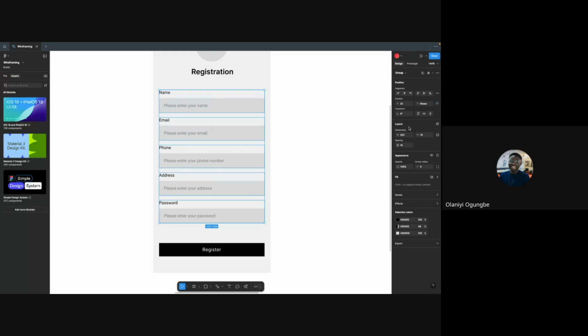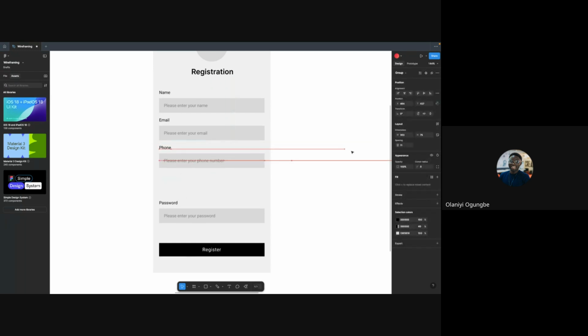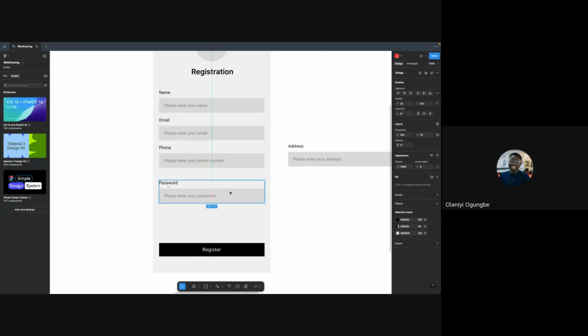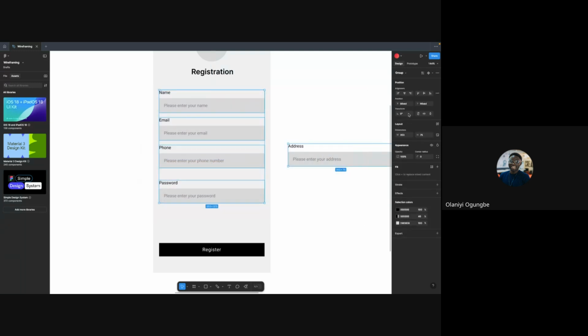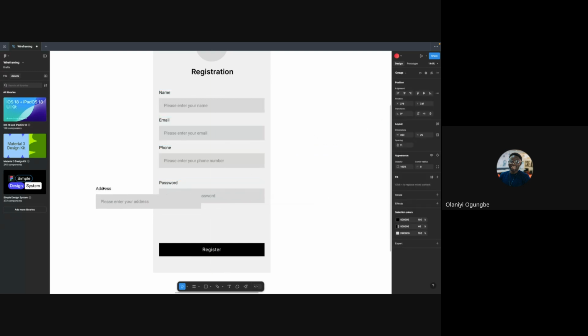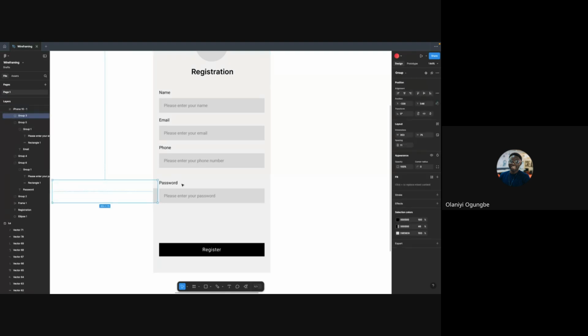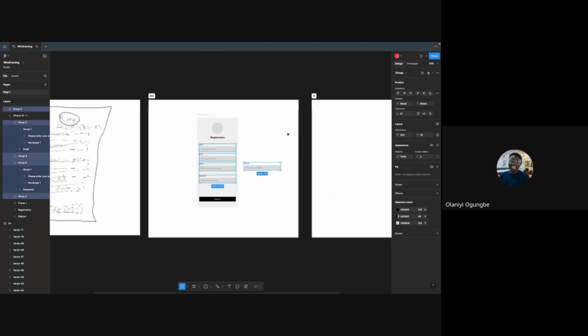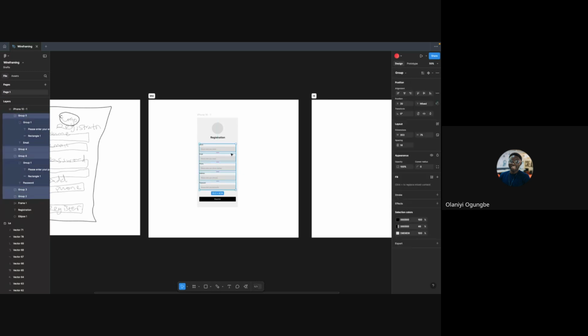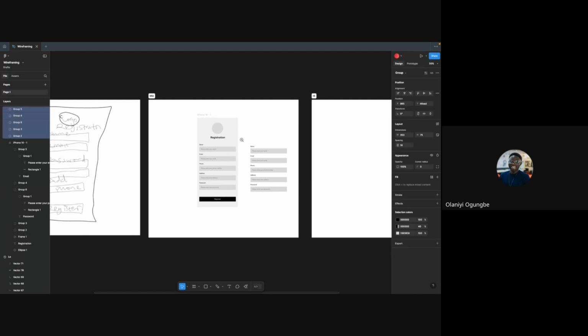But tidy up can give you some issues if you have elements whose alignments are not the same. Say for example, this is like this and this is like this. If I select everything and use tidy up, it's going to look weird. Let me see if I can do that real quick. Let me bring them out so I don't scatter this one.